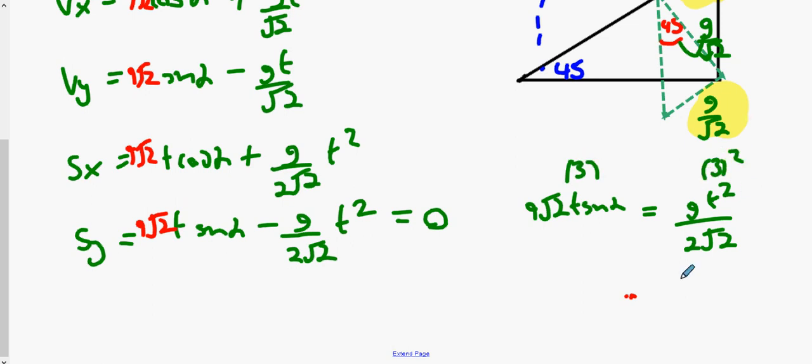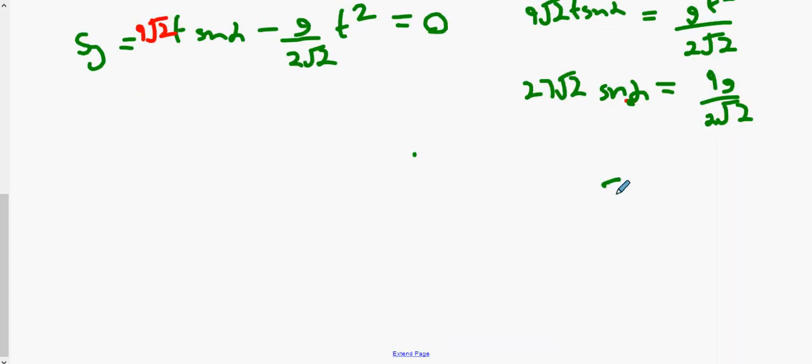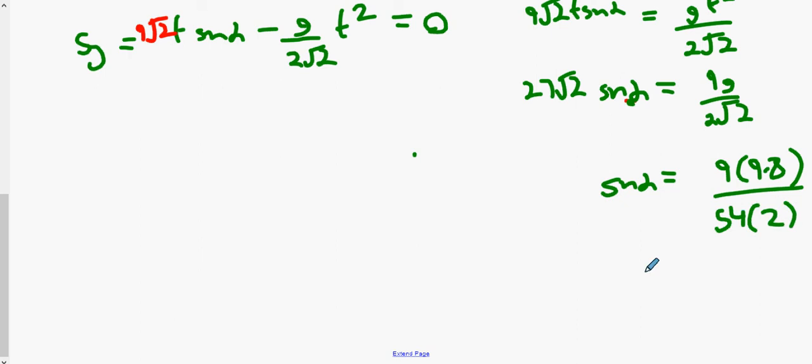You should get 27 root 2 sine alpha equals 9g over 2 root 2 sine alpha equals 9 times 9.8 for gravity. 27 times 2 is 54. Root 2 by root 2 is 2, so it's going to be 54 times 2. Sine alpha equals,